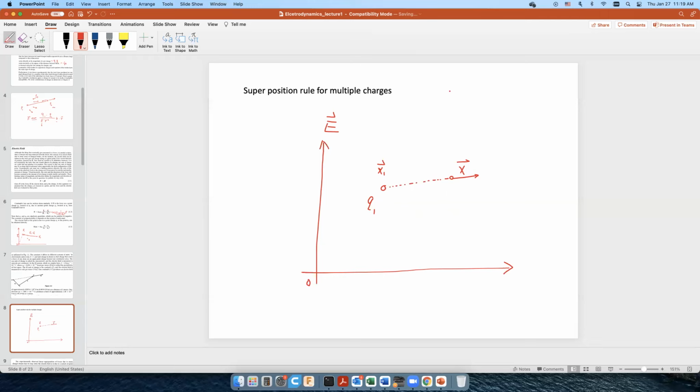Let's say E of X equals a constant times Q1, because it's generated purely by Q1, and then X subtracted by X1, and they are all vectors. So it's a vector calculation, and then we only take the magnitude of the vector X minus X1, cubed, because it's cubic,